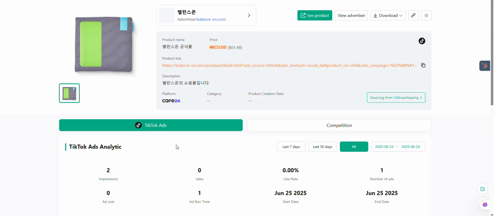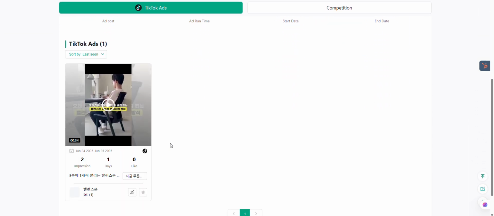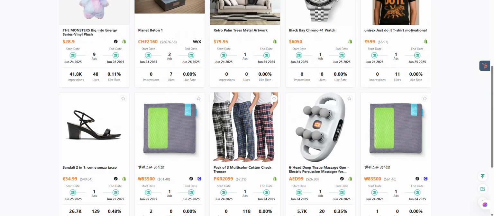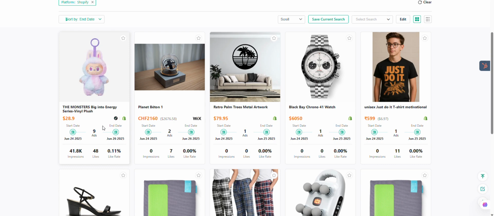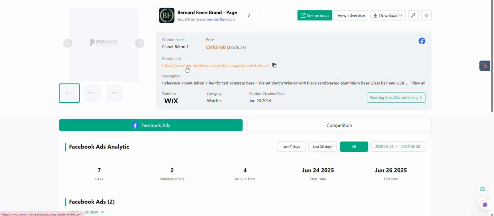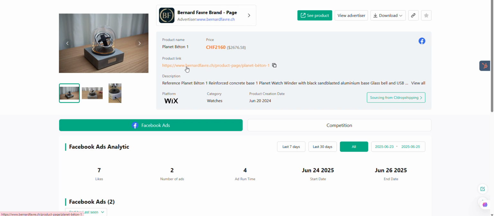and in the last row, this one product, how much is the demand of this product in the market, and how many sellers sell this product. So this is a Chinese product, maybe it has some impression, but this is not good, so now I click another product. So now I can see this one product, and this product is sold in a Wix drop shipping store. The store is made in Wix. So this product is